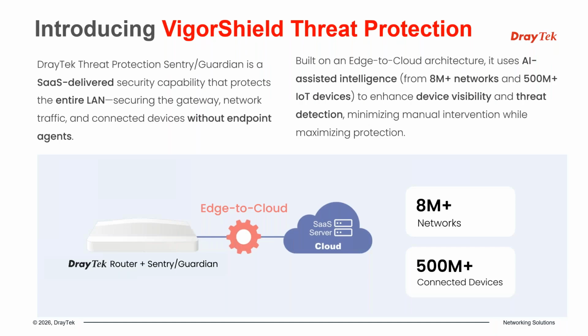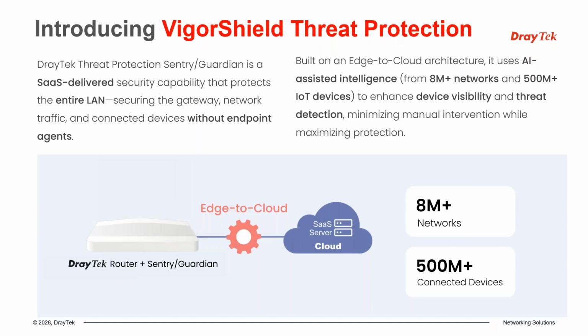So you have the VigorShield, Sentry or Guardian. Sentry and Guardian is the name for the different product depending on which of the DrayTek products, and Sentry is on the 2136 series and 2767 series, and then Guardian is on the 2928 and the 2867 series. So that would be running on the DrayTek router, and then the